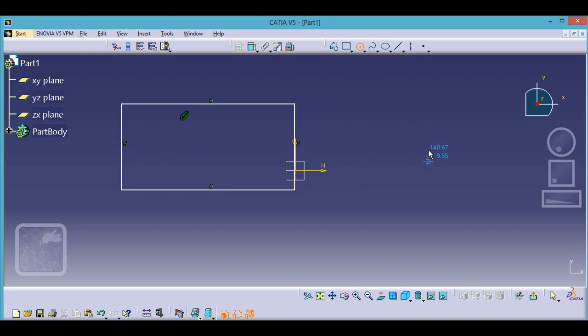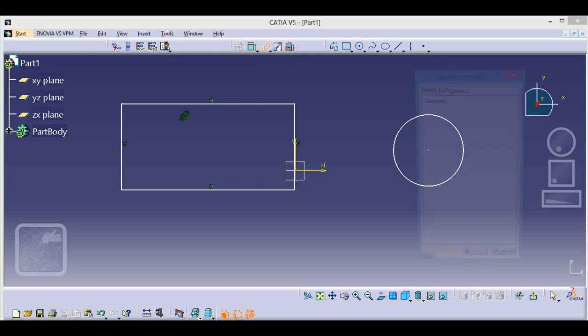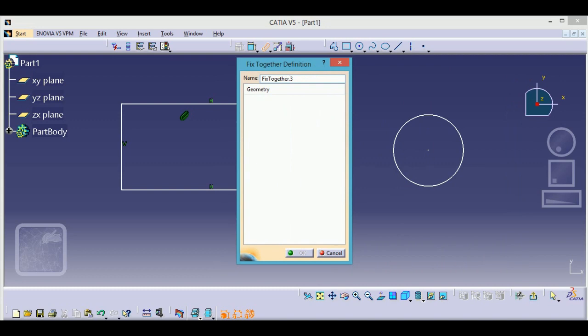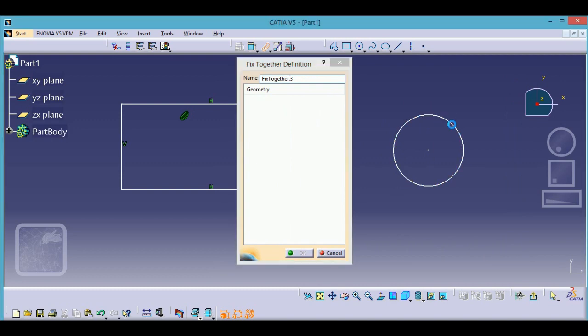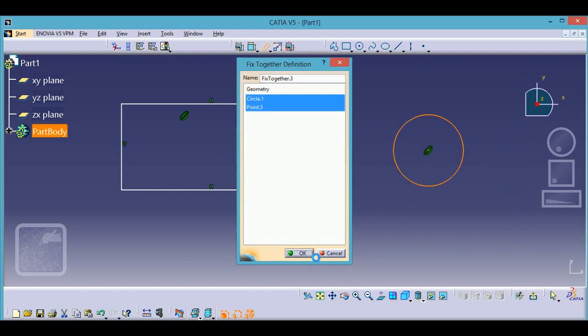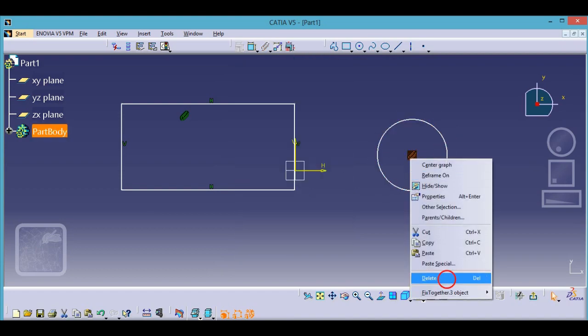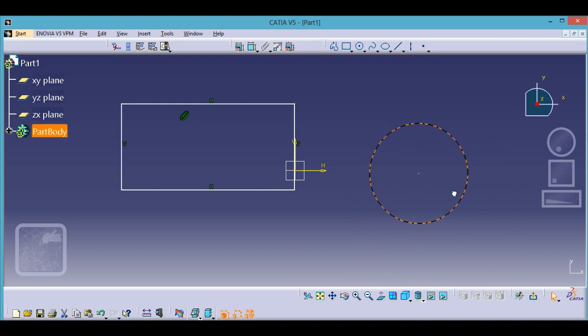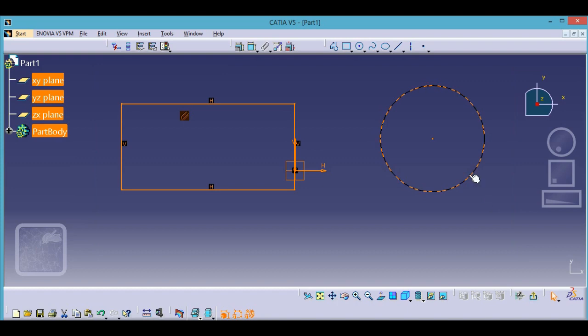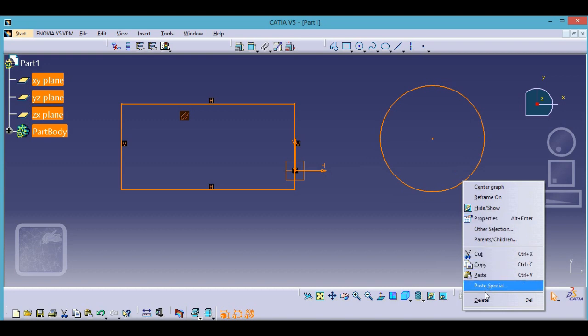So the same thing can be done with a circle. Just go to them and select it. So what you can see here, your circle is also locked. If you delete this, you can see that your circle may have moving entities. Okay, moving points, because a circle is made up of an infinite number of points. Okay, that's why it has selected point entities over there. That is all about your fix together.